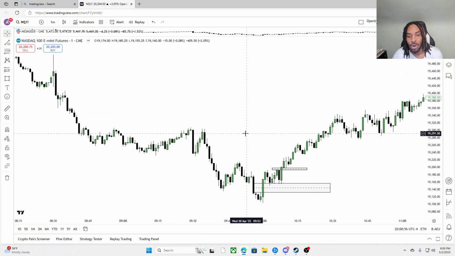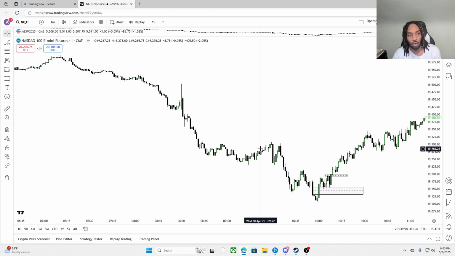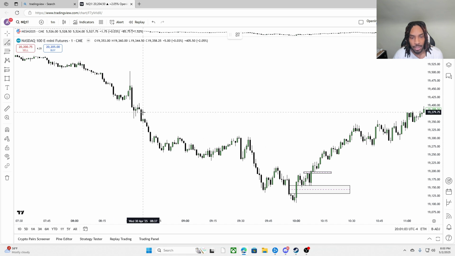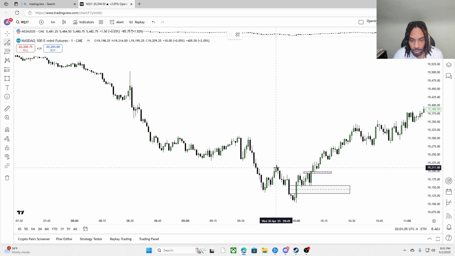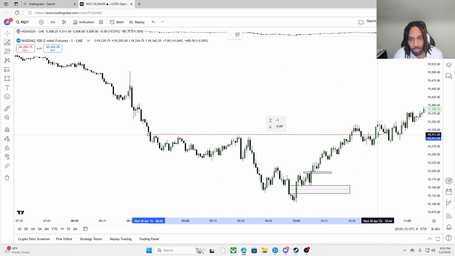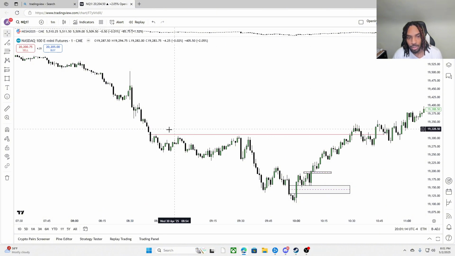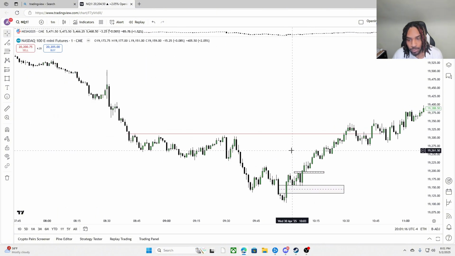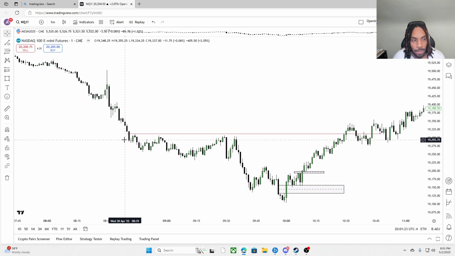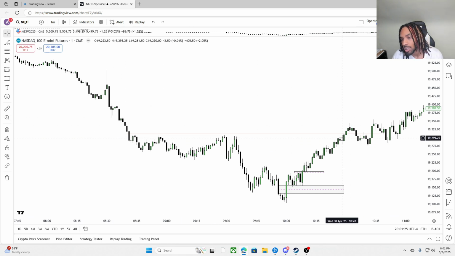They're all entries. Why? Because price went to run sell side, so it's going to go run buy side. Where's the buy side? Well, obviously not this short-term high right here, but it would be these relative equal highs up here. So your buy side is up here. So every fair value gap before you get up to this high, take it. You know what I'm saying? Unless it's one all the way up here, obviously not. Like you just missed the whole move.